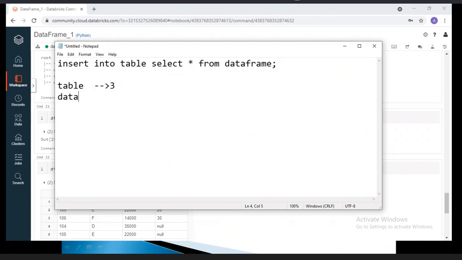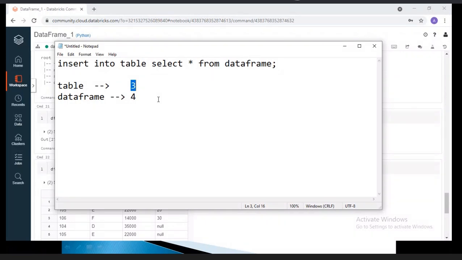Your data frame contains how many columns now? Your process will fail, right? Maybe your downstream system, your upstream system, they added four columns. You were not able to see any issues because you're writing the data to ADLS files, to the ADLS file system. You're not seeing any issues.